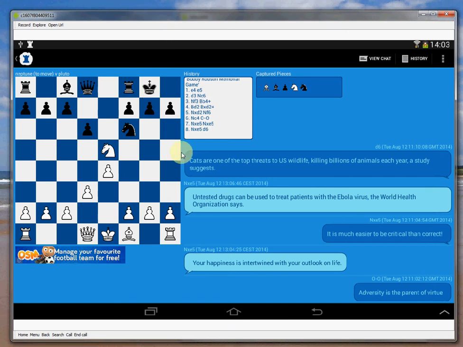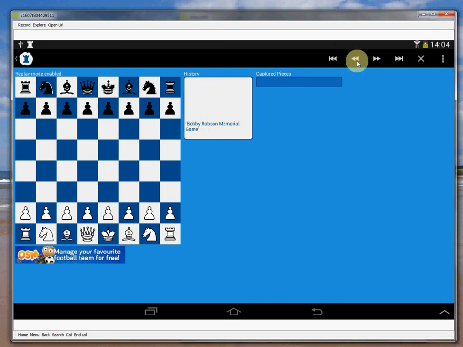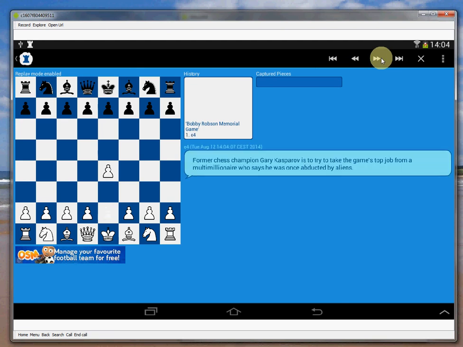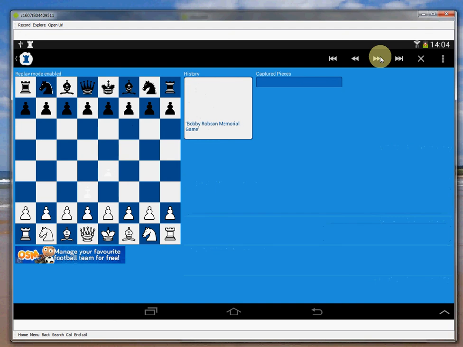But what I wanted to show you here was the facility to be able to replay a game. If we go here into the overflow menu, we can choose to replay the game. This gives us another set of actions up here, and we can now start to step through the game. We get the move which has been made and the message which went with it. Oops, sorry, I went right to the end there. Let's start again. So we step through one at a time,